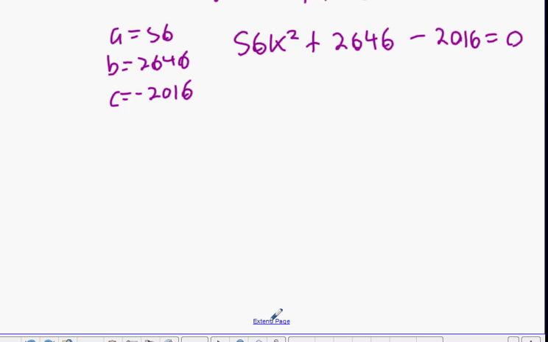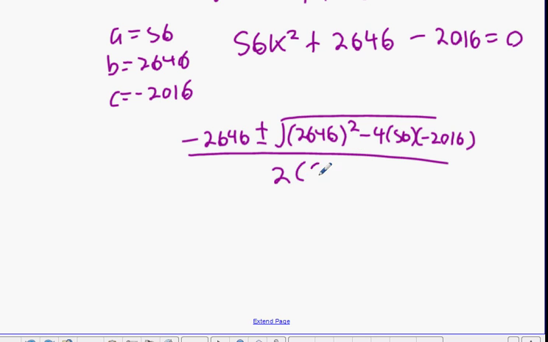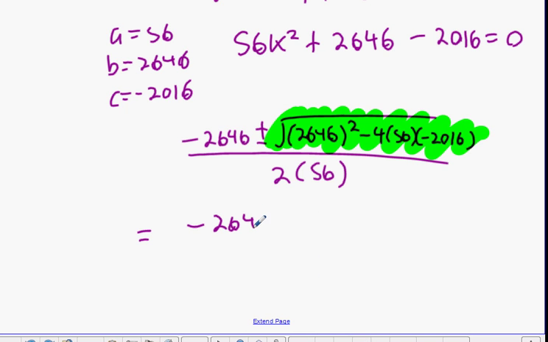So minus 2646 plus or minus the square root of what? Somebody get on the calculator with this one. Okay, can somebody please tell me what happens in here? 2730? Oh, so it went in evenly. Oh, that's great. So plus or minus 2730, all divided by